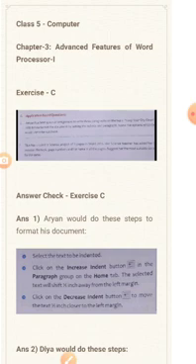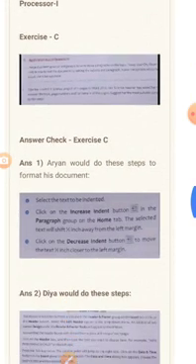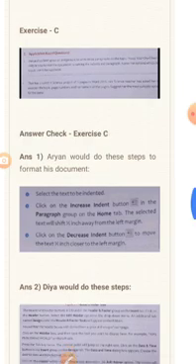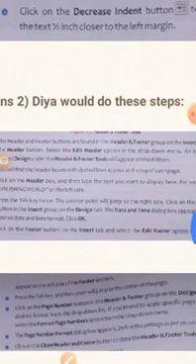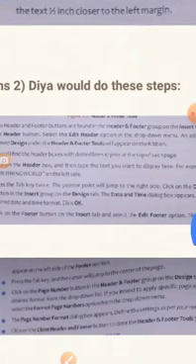Now, question number 2. Diya has to do the following steps to complete her task. She would do the following. The header and footer button are found in the header and footer group on the insert tab. She would click on the header button and select the edit header option in the drop down menu.